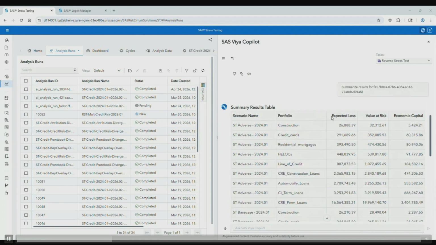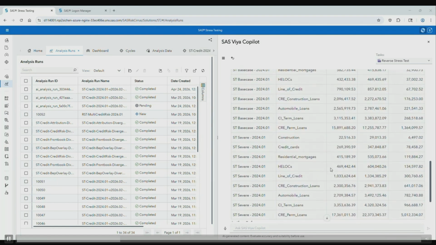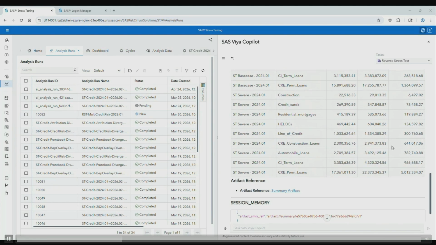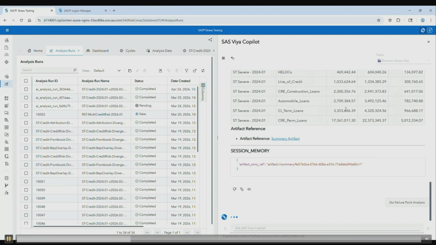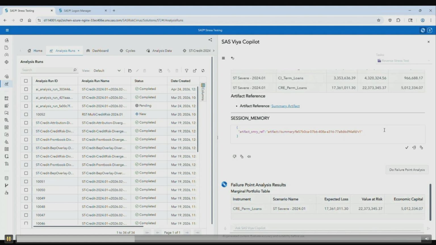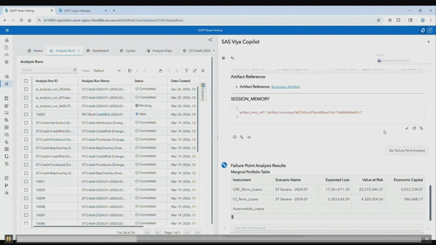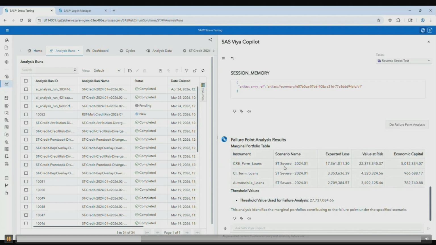Once we have the result set, as you can see, these are the different scenarios and the portfolio, and we have the risk metrics that we are going to use to perform the evaluation. As the next step, once we get the results, we can further prompt the solution. In this case, we do the failure point analysis, where the agent, once I submit the prompt, identifies the threshold based on the data that's already available in the solution, and it came back with the results.